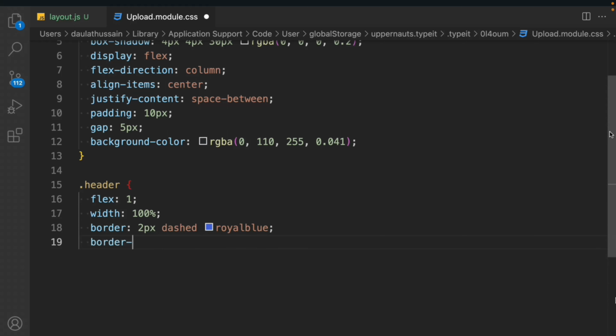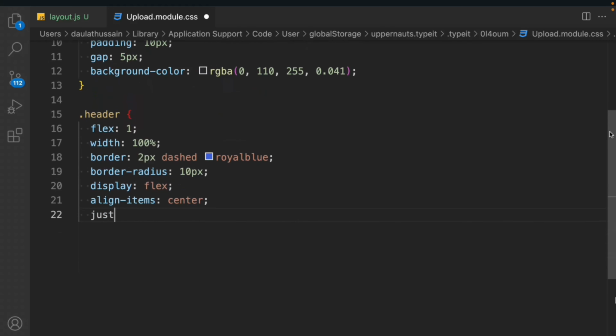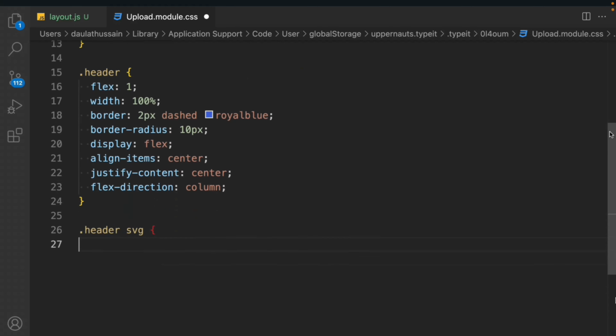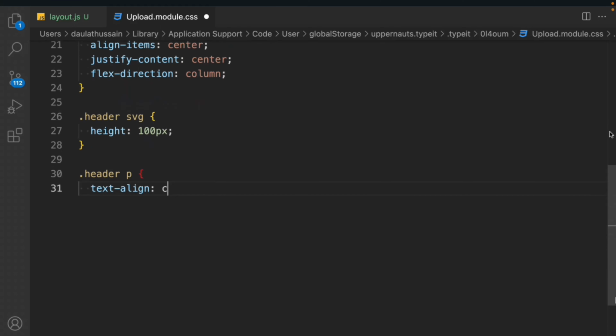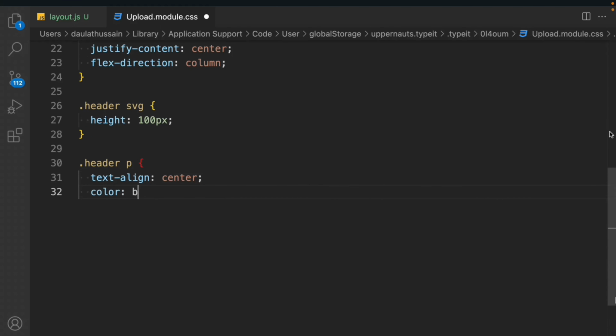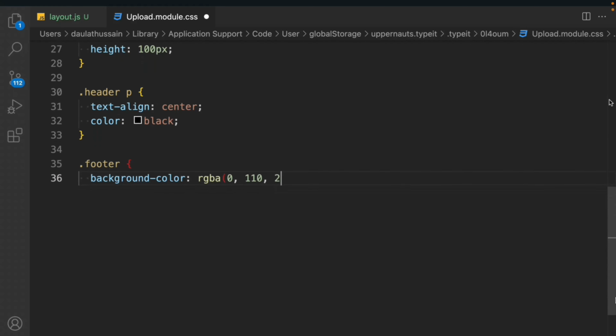We'll take the border radius 10 pixels, display flex, align-items center, justify-content center, flex-direction column. Come down, we'll target the header CSV file. We'll say height 100, header p, text-align center, color black. Come down, we have target the footer, background color, we'll have the RGB color, quite